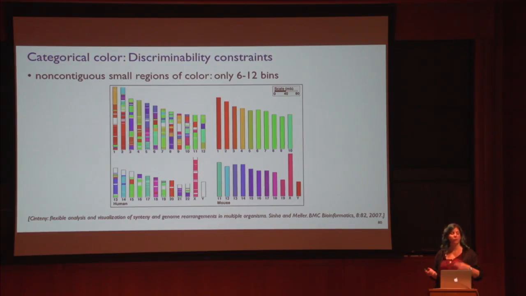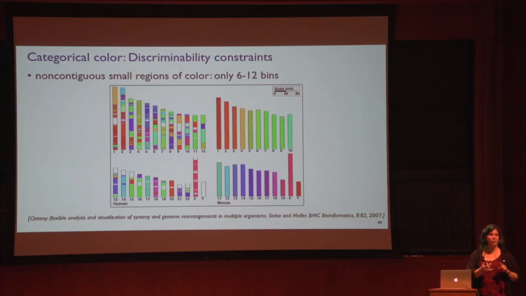So you can either explicitly bin down into a smaller number of colors. You can use other channels besides color. Maybe you can use combinations of, say, color and orientation and size coding. Maybe you can do some interesting things with the use of space. You can use multiple views, as we'll talk about later. But in general, be aware that almost everyone wants to use more categorical colors than the eye can get away with. The other thing to remember is when I'm talking about between 6 and 12 bins, typically,